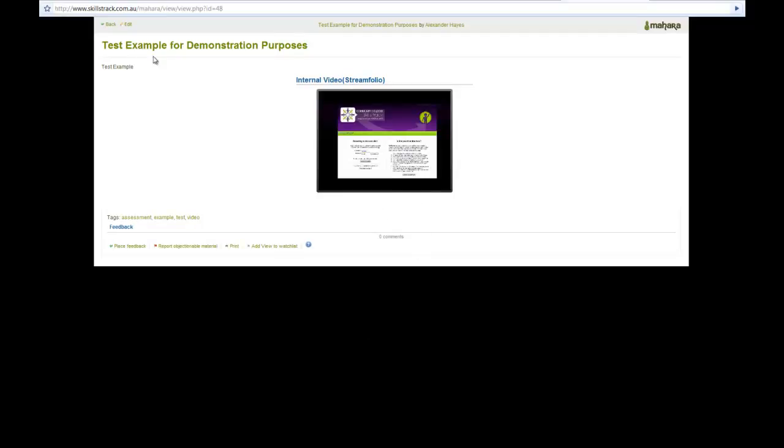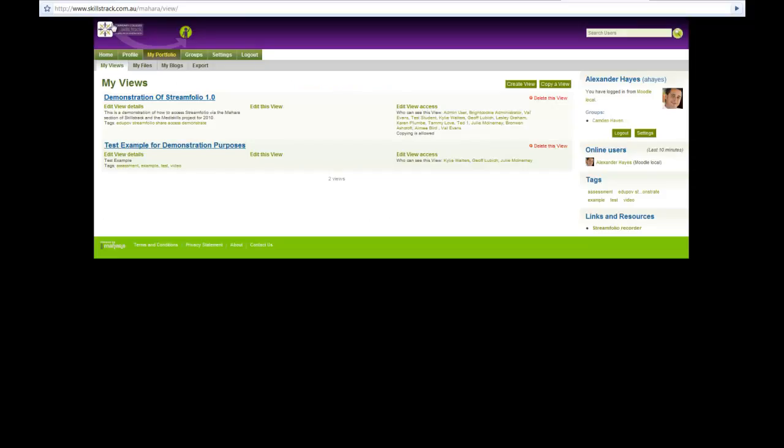At any time, of course, you can go back to your views, and you can also see who you have shared access with for that view. That is a simple, straightforward, 3-step way to share Streamfolio recorded videos using your portfolio with your views, or simply creating